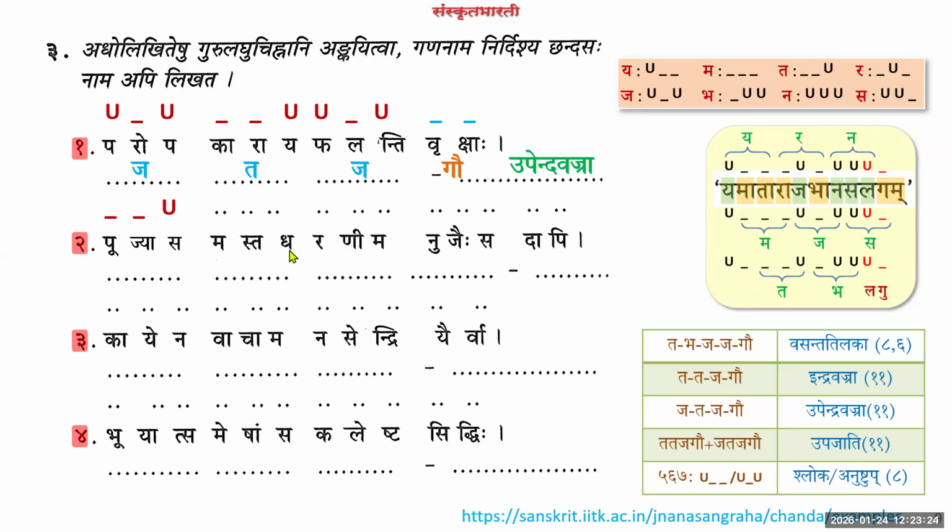Dha is laghu. Ra is laghu. Ni is guru. Ma is laghu. Nu is laghu. Jai is guru. Sa is laghu. Well done. Da is guru. Pi is laghu. There is where you faulted. Pi is laghu. It should become guru because